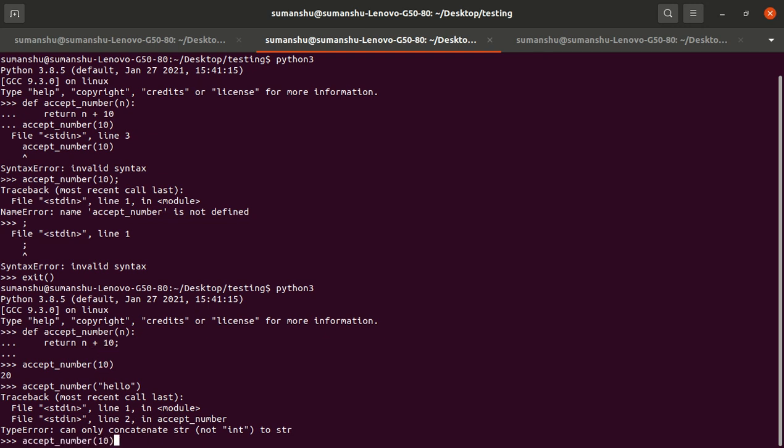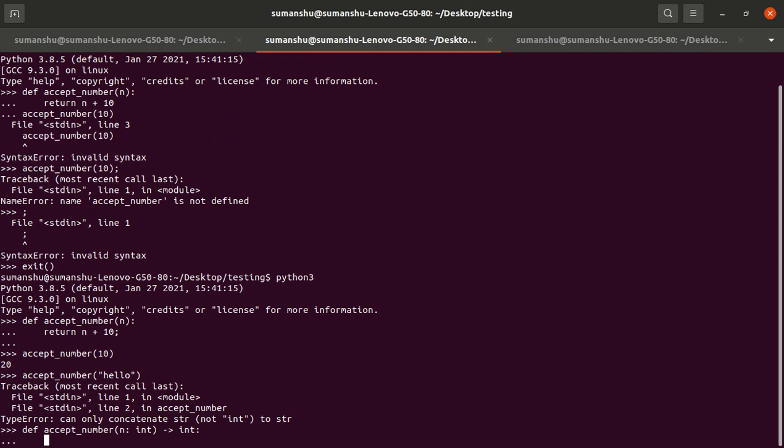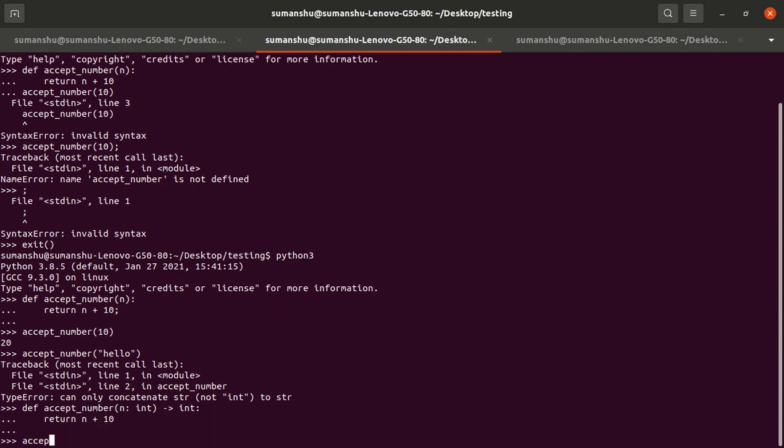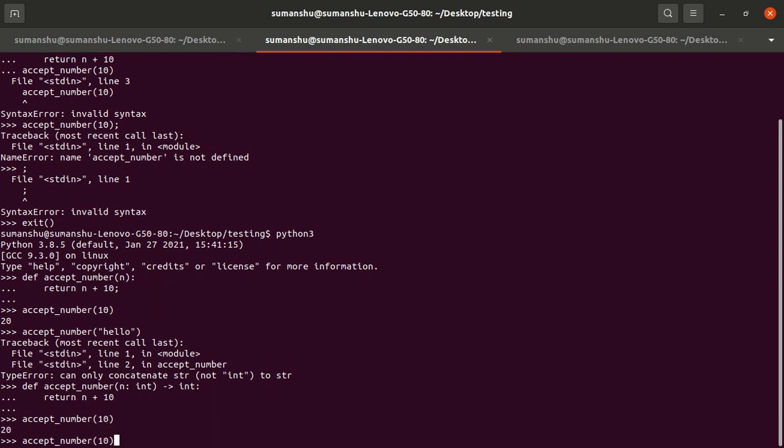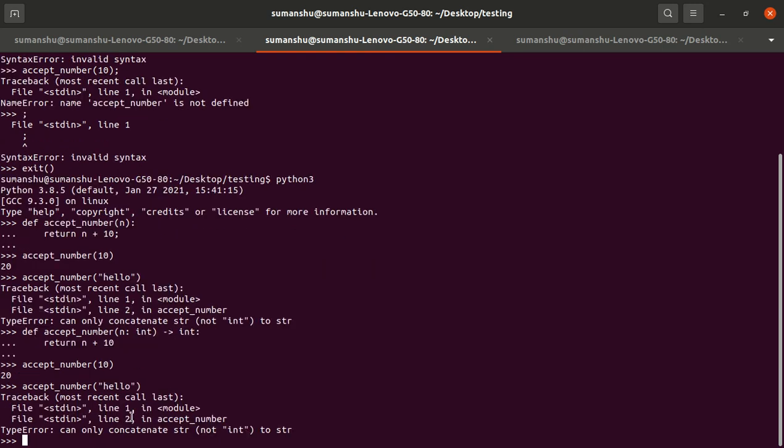But if we define n as an int, and define the return as int, and return n plus 10, and now we run accept number, we are returning 20. And if we pass hello, though it is the same, concatenated, no.